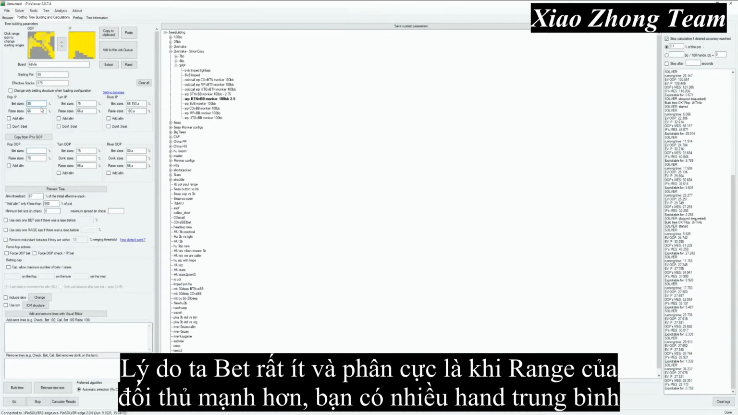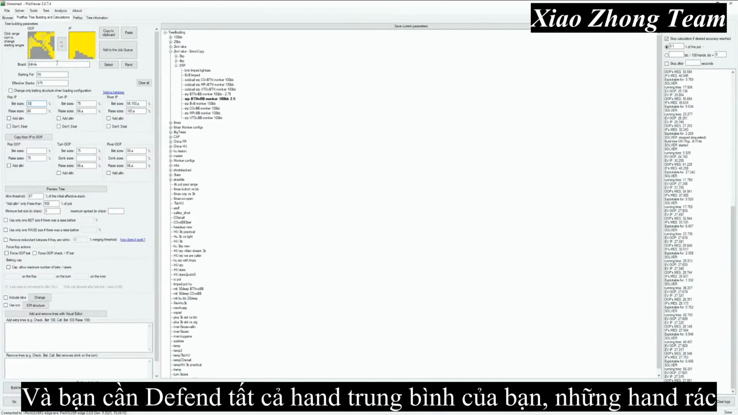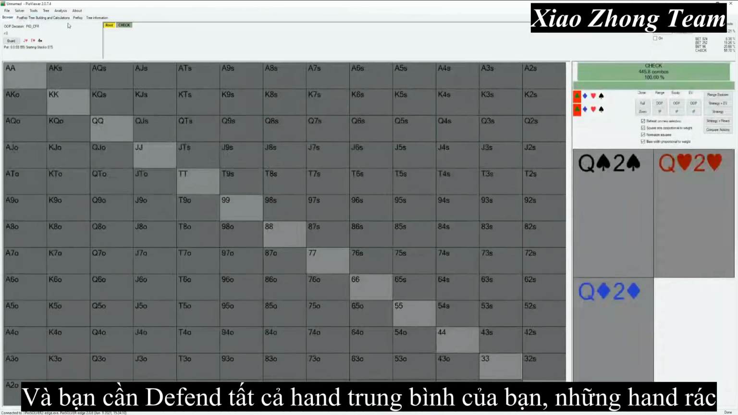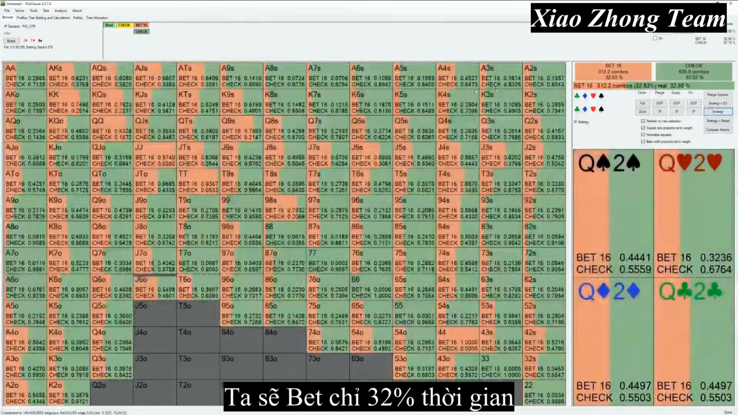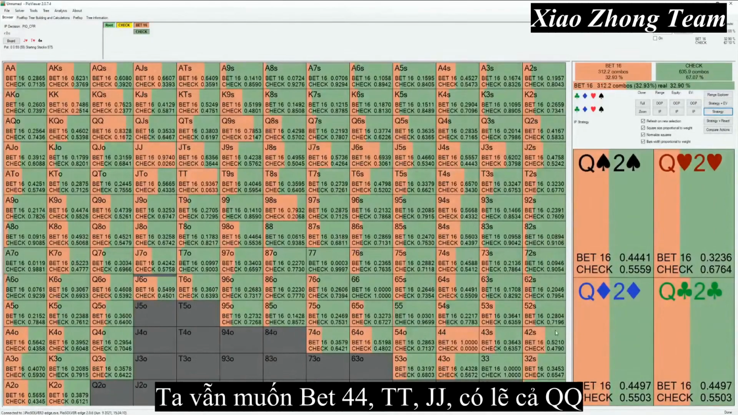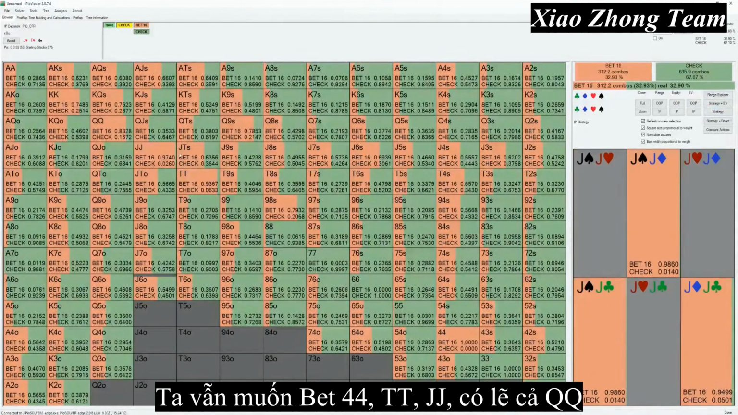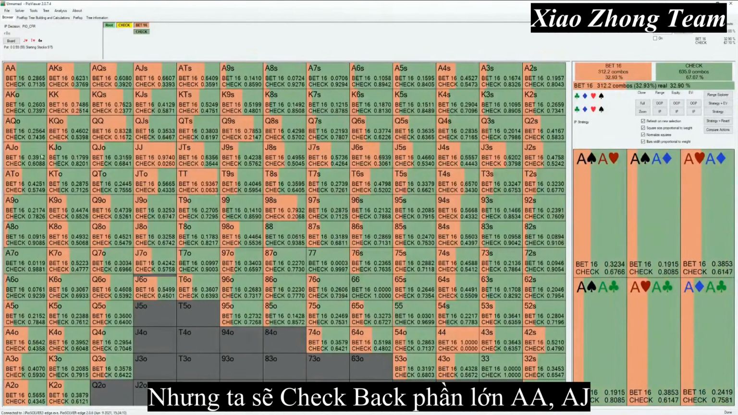And the reason we bet a very narrow, very polarized range is that when your opponent's range is stronger and you have lots of medium strength stuff, and he's clairvoyant, right? He knows your range is stronger than his. If you bet, you give him an opportunity to check-raise. And really you need to defend all your medium strength stuff, right? So here you can see against a check, we actually bet just 32% of the time. And look how defensive of a strategy this is, right? We still want to bet 4s, 10s, and jacks, and maybe queens. We build a betting range around that. But we're checking back most aces and ace-jack,